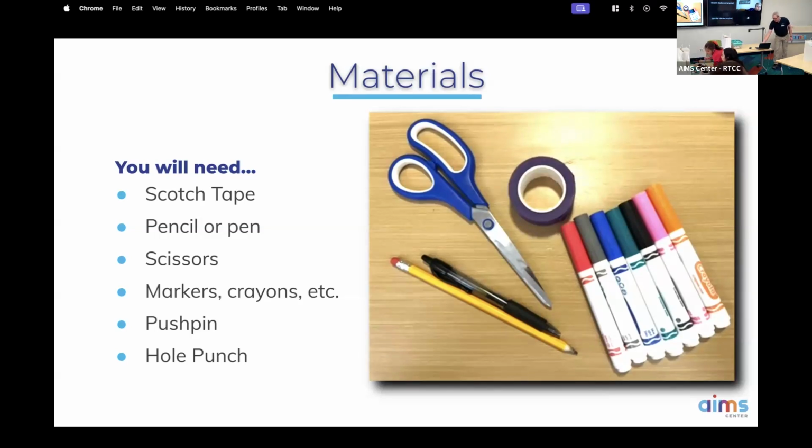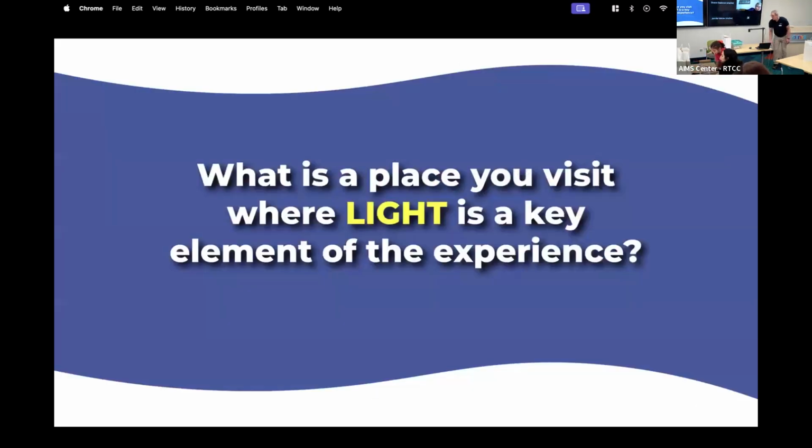And then let's start with this question. Think for a moment, what is a place that you visit where light is a key element of the experience? And if you're here in the room, maybe you can just shout it out. If you're online, maybe throw it in the chat. Elon, I saw you joined. If you want to keep an eye on the chat for right now, it'd be great. One thing I think of is the beach. When we go here in California, Fresno, we drive a couple hours and we're at this